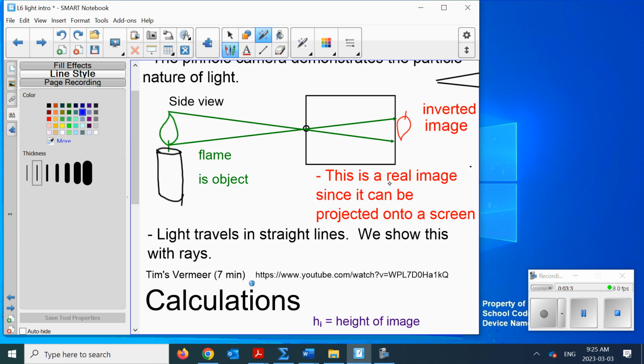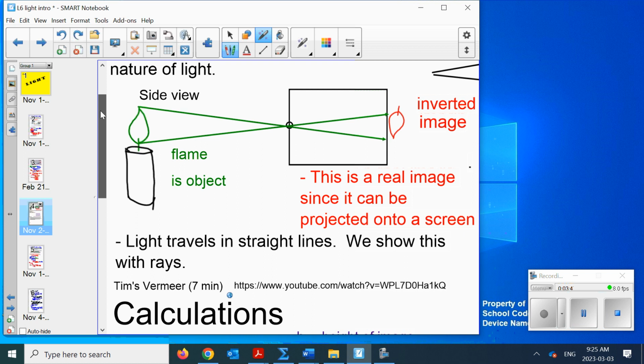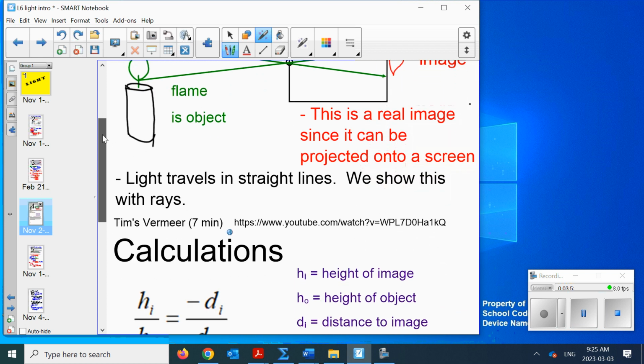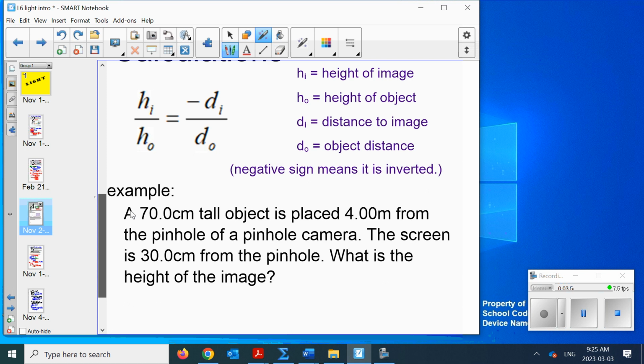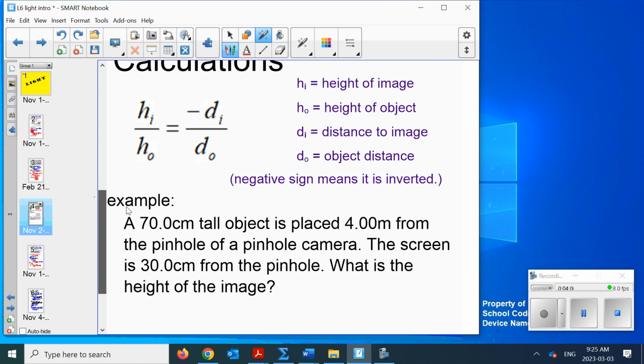One other thing. We've got a way to calculate how large these things are. It depends on the size of your pinhole camera. We've got this: HI over HO, the height of the image over the height of the object, is equal to the negative distance to the image